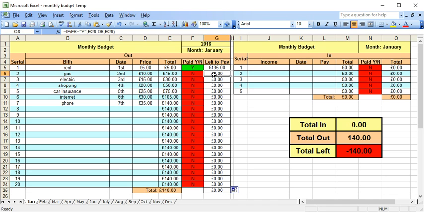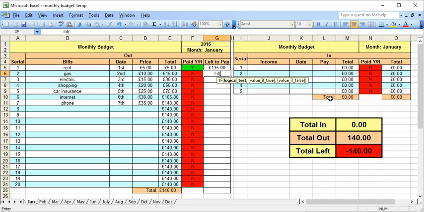Right, so that's the top line. For the second line we've got to do a slightly different one, so we'll have to get rid of all that, because that hasn't really worked. Because our first value, if we have paid, it's minus from this value. This one, we want it to be minus from the top value, so it keeps a running total again. So once again, equals IF bracket,